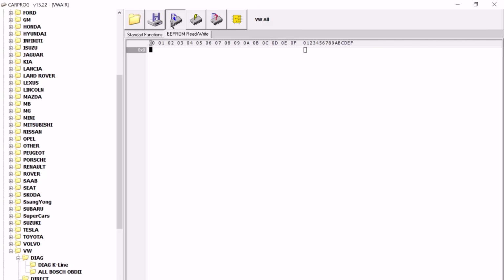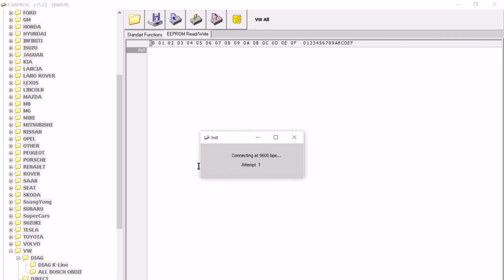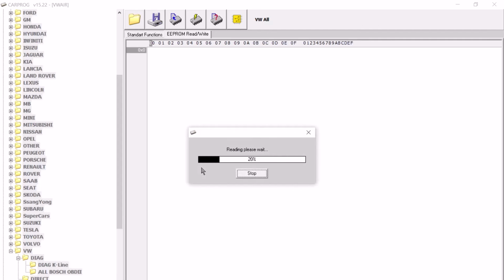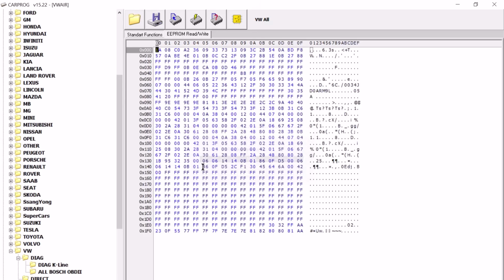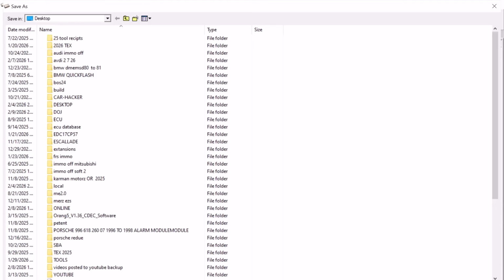I'm going to go to my EEPROM portion of it. I will go read this EEPROM. We always back up our original file. That way we have a file in case we need to come back to it. So here's our original file. All the customer's information is here. The coding, everything's here. So what I'm going to do, I'm just going to save this as VW bad